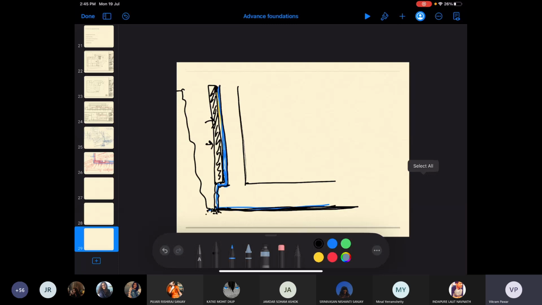This plastic sheet is either itself welded and serves as a waterproofing layer, or on top of the plastic sheet I'm going to put my waterproofing layer. Or instead of plastic sheet, I'll level this up with PCC so that I get a level surface.